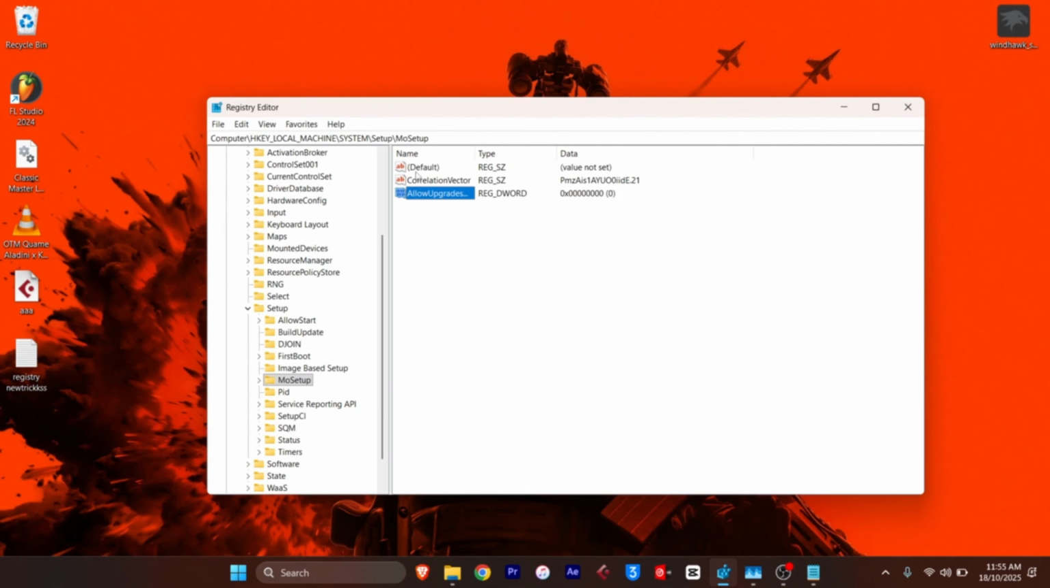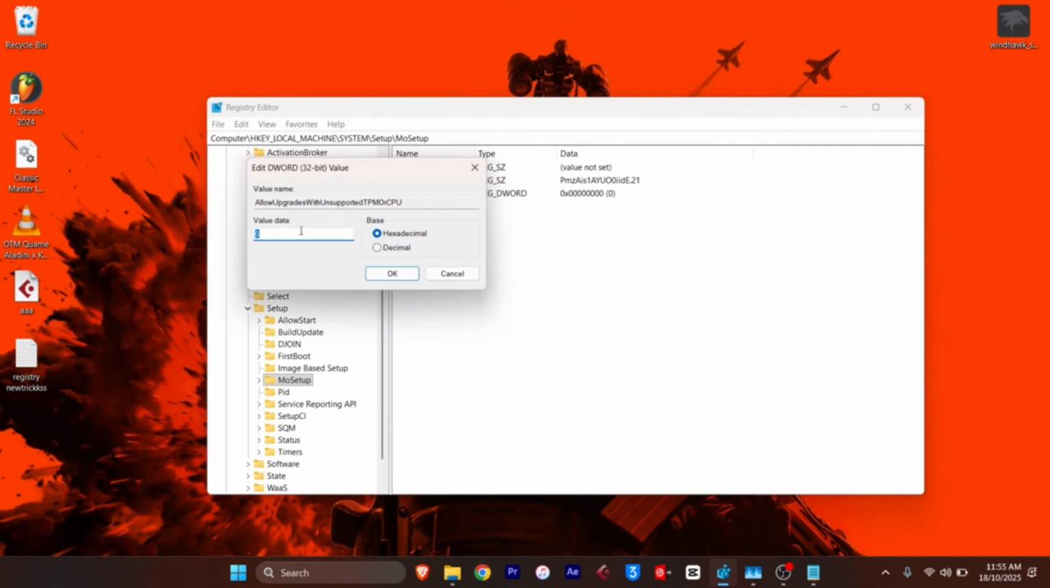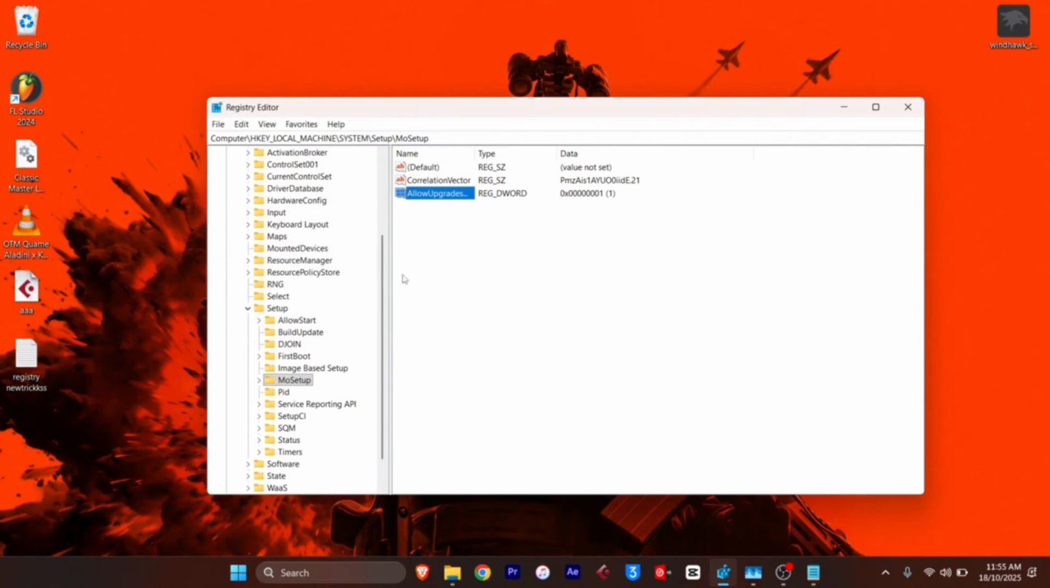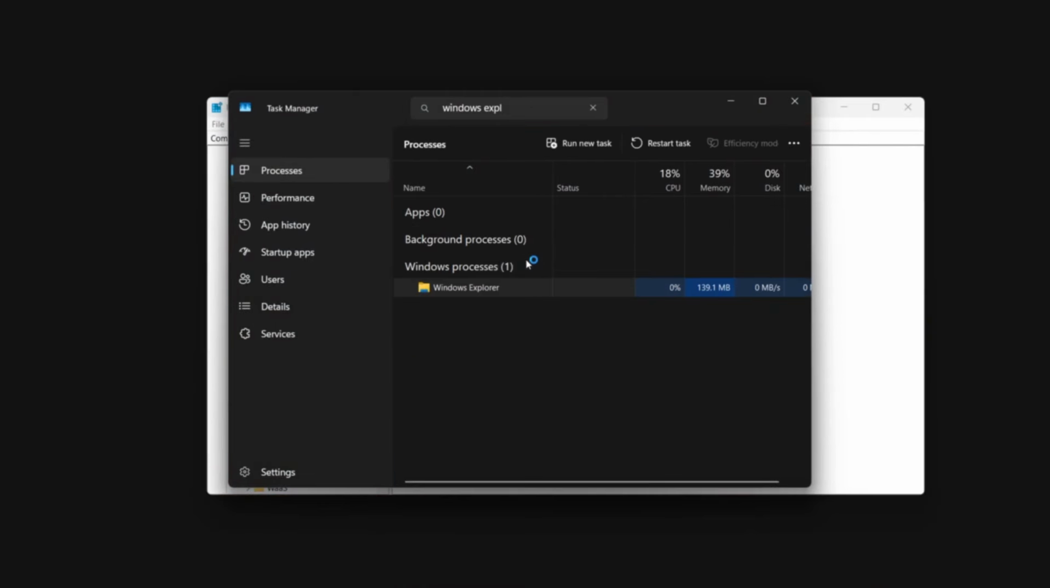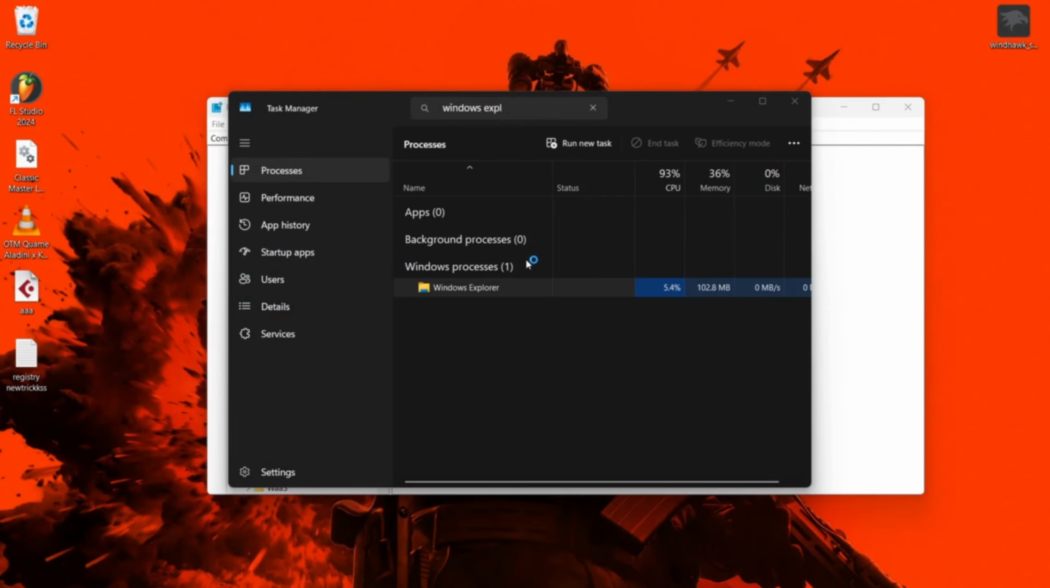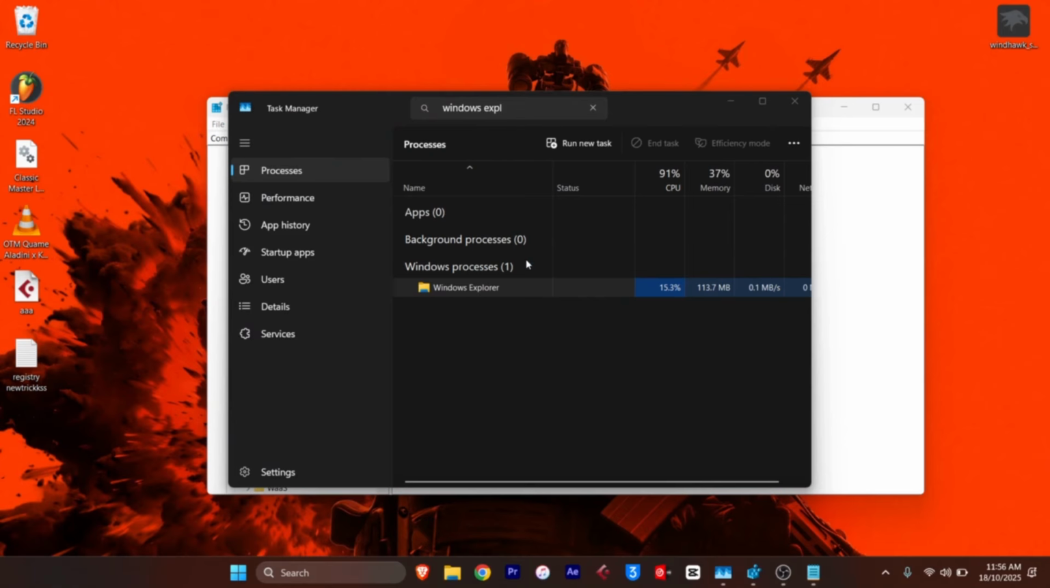Hit Enter on your keyboard. Double-click on it and then set the value to 1. As I already stated, 1 means enabled and 0 means disabled. Then click OK. Then you head to Explorer in the Task Manager and restart it. That's it. When Microsoft pushes the next big update, your system won't be blocked even if your hardware doesn't meet